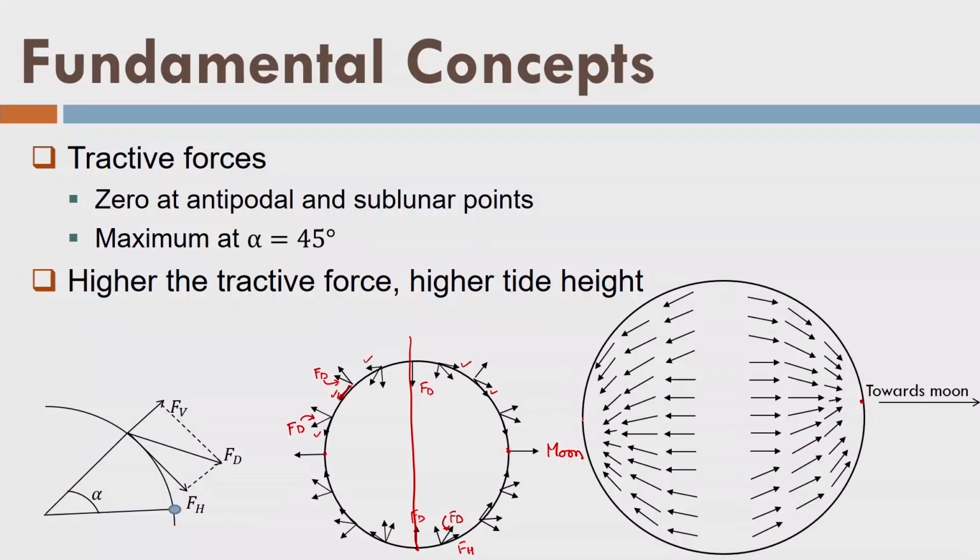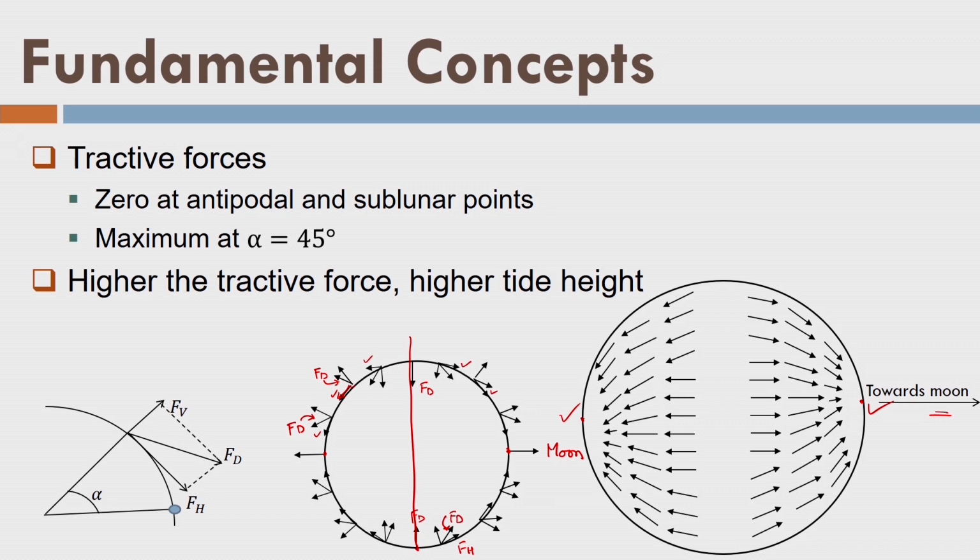So one point on the surface of earth is very close to the moon, or towards the moon, and one point is exactly opposite of the first point. So one is the sublunar point and another is the antipodal point. A similar thing happens with the sun also, but a small critical analysis has to be done. Water is accumulating over this place, and because of that both these places are experiencing tides because of the presence of the moon or maybe some other body like the sun.